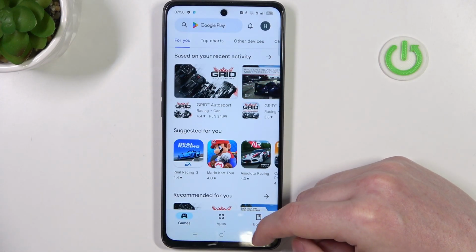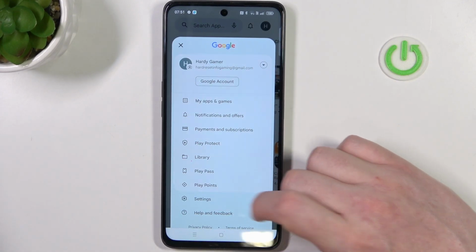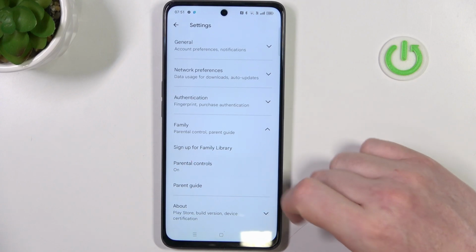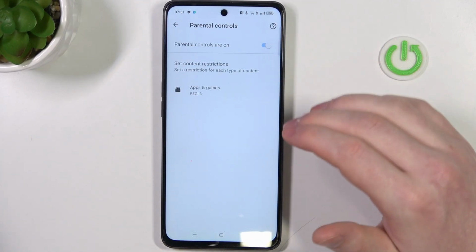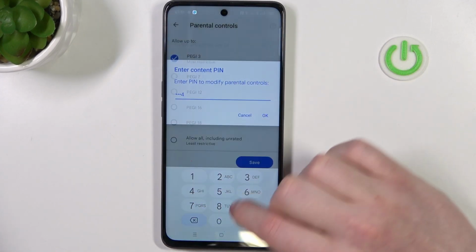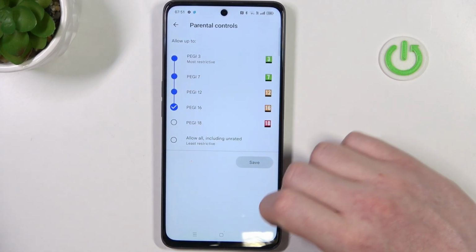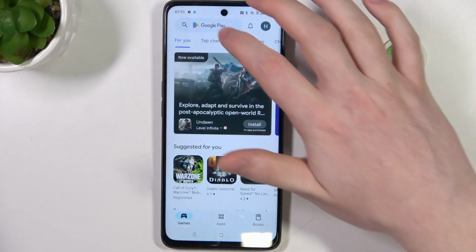To fix this, go back, click on your profile picture in the top right corner of the screen and navigate to the settings. Enter Family. Now go for Parental Controls. And here you can disable them entirely with a switch or select Apps and Games, insert your PIN code, click on OK and increase PG to at least 16. Make sure to save those settings afterwards, and if we try to find the games again,